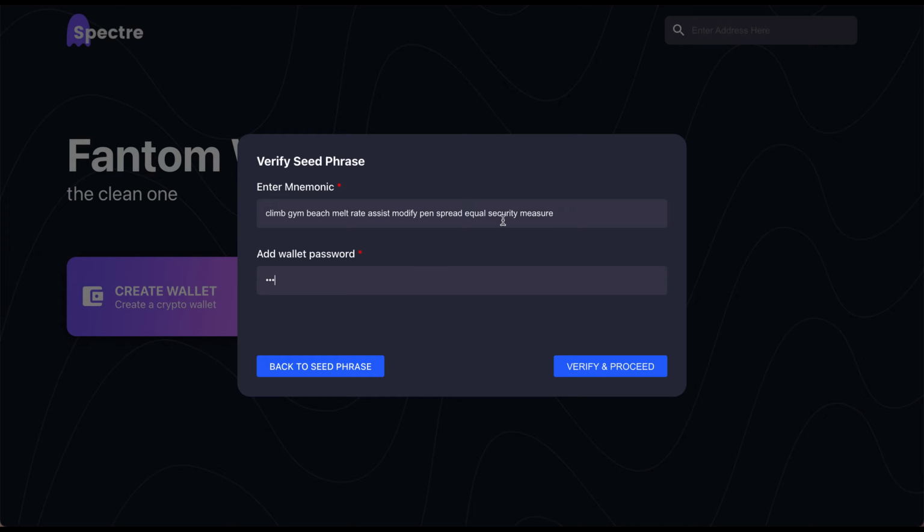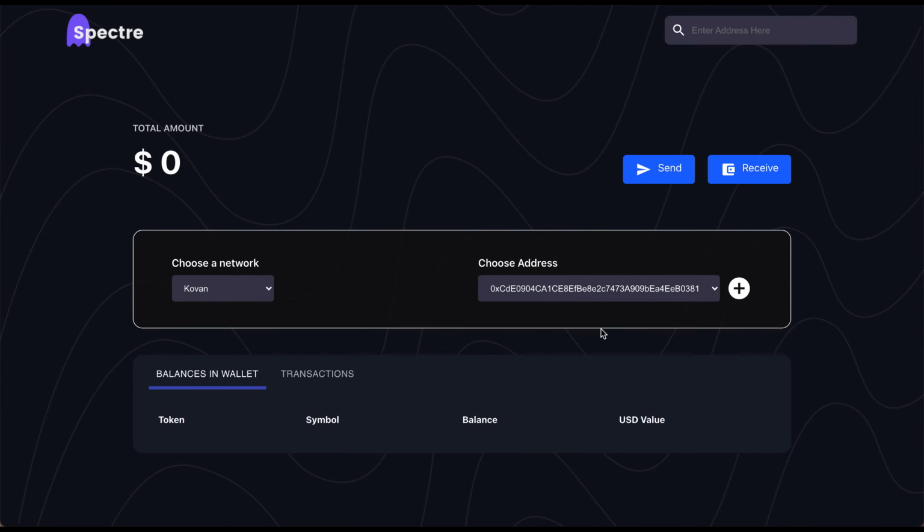Under the hood, how this works is that we are using ethers.js to generate this seed phrase, and we are using the crypto.js library to encrypt this seed phrase. This particular password acts as a key to encrypt and decrypt, and the encrypted mnemonic that is generated is stored in the local storage, and it can only be accessed by this particular URL. And since it's encrypted, that adds another layer of security. So I'll go ahead and create a wallet.